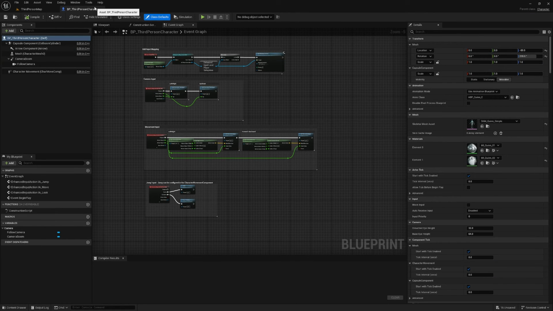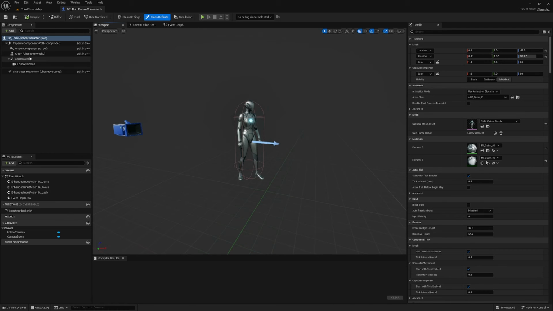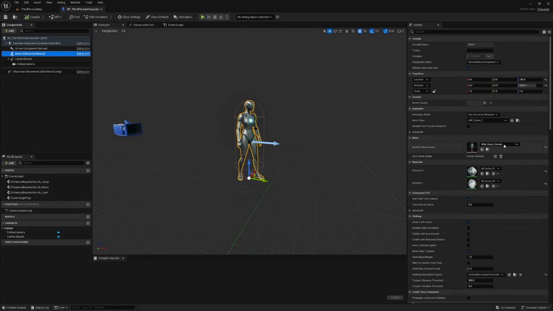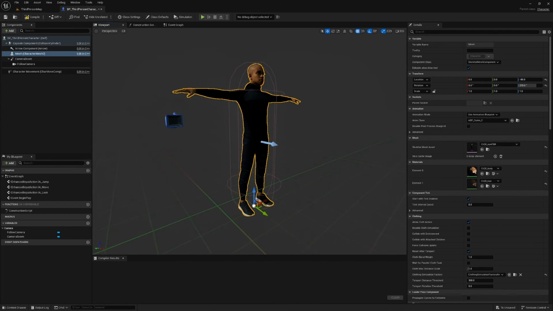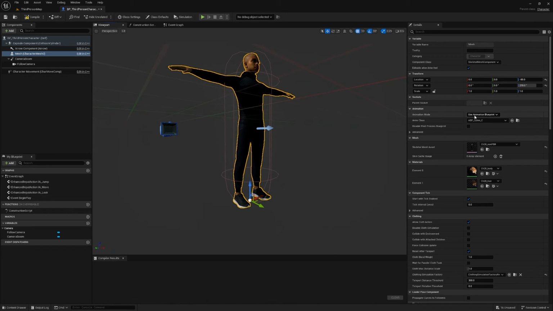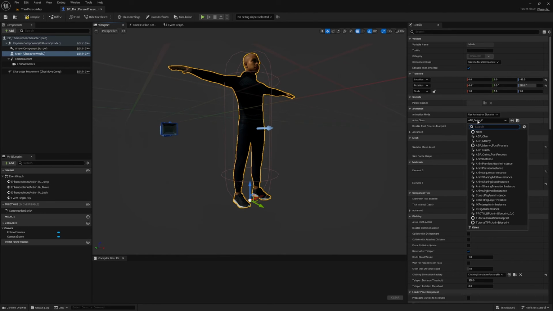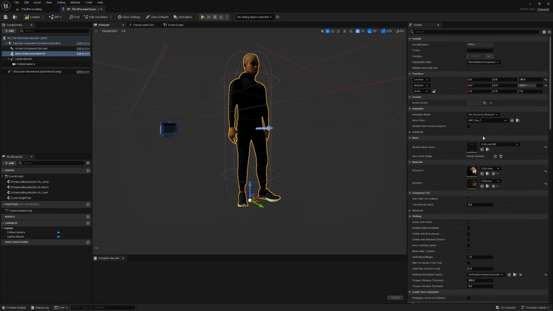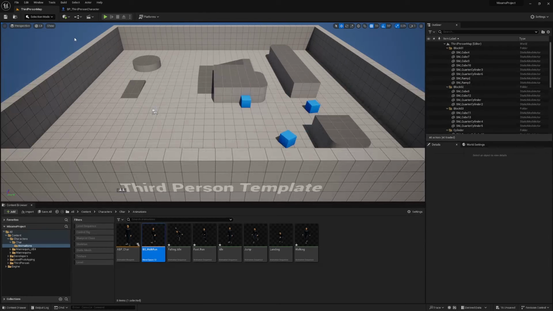Now in BP third person character, what we're going to do is select the mesh, and we're going to change it to our character's mesh. So find your character's mesh, and in the anim class here, we're going to change the animation blueprint to the animation blueprint that we've created. So straight away you can see that he's animated there. Compile and save, and if I hit play,